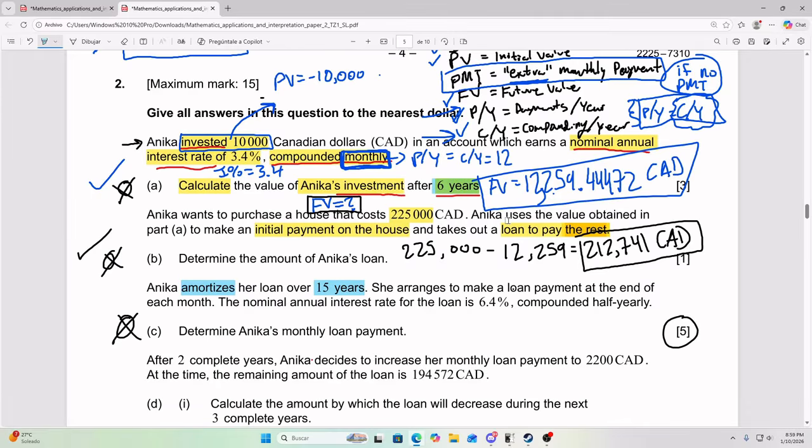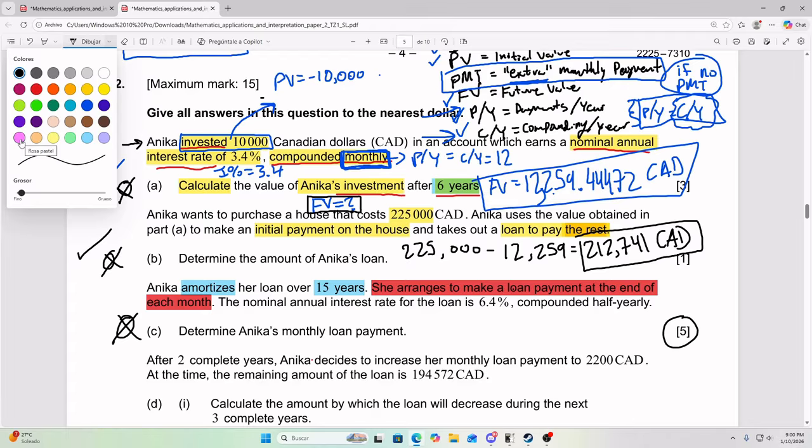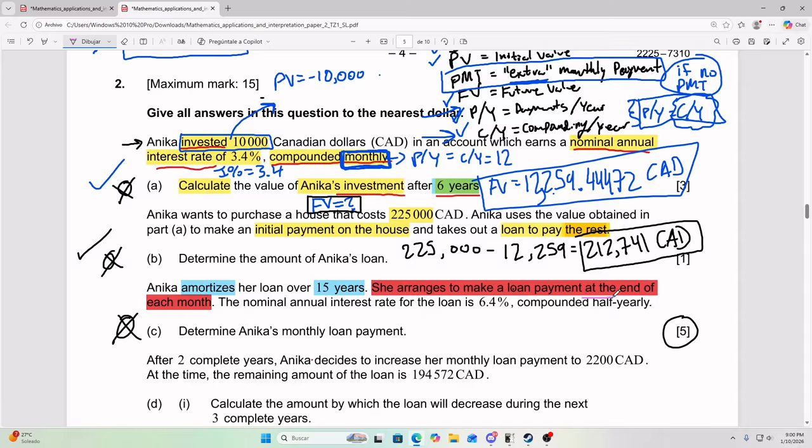And so notice that we're talking about 15 years now. And this is the tricky part. So read carefully. She arranges to make a loan payment at the end of each month. So let's stop there for a second, because this is the reason this exercise is worth 5 points. This is a thing that a lot of people don't fully understand. So really concentrate. When it says at the end of each month,